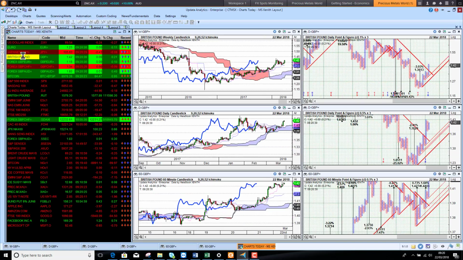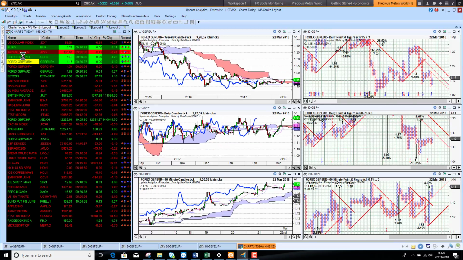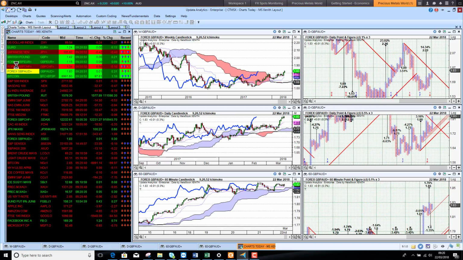Looking at sterling, sterling rising against the dollar here, nudging that 142 mark again this morning. So looking stronger there. And against the euro, we're seeing sterling just rising a little bit as well. So that's continuing that short-term trend. We've got a target here to 120. Taking a look at sterling Swiss, we see that rise continuing,